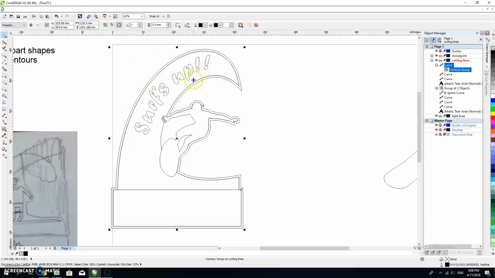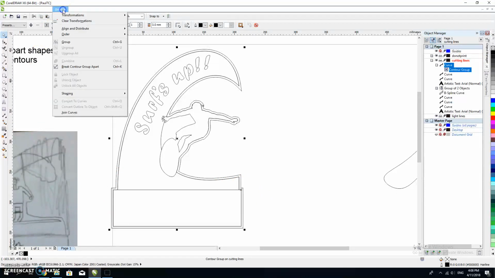going to be my cut line, okay, but it's going to be my light lines, and I'm going to have to play around with that in a minute. And then this outside is going to be where I'm cutting, okay. I've got some issues here. I need to play around with that. I need to delete that, and I need to delete that. And it's the same problem that we have before with the text. So I need to break the contour apart, okay, and then I need to,